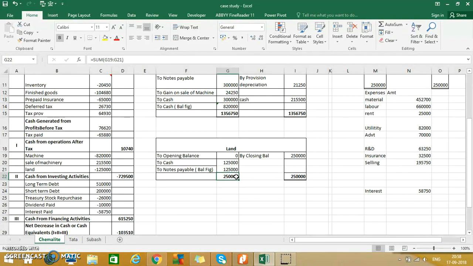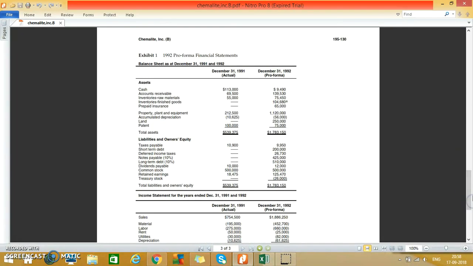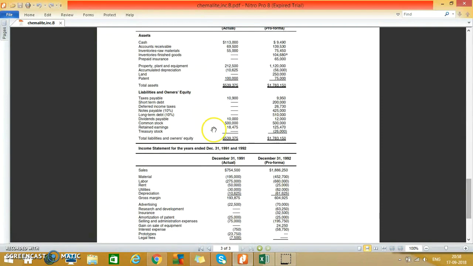That is, the land is being acquired for 2,50,000, of which 50% is paid right away in cash. That is 1,25,000 is paid in cash, and the rest of the amount is not paid right now, which will be paid later on. So I consider this as notes payable, which is found in the balance sheet. This is seen in the balance sheet that is provided to us in the problem. So you find that notes payable, which is 4,25,000, I consider that